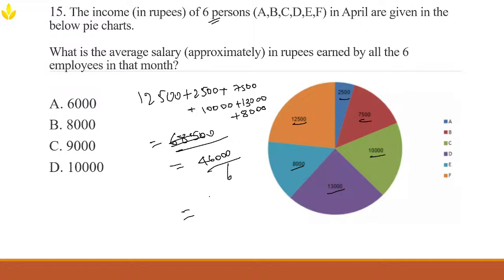So the values, the income here is given as 12,500 for A. So the 6 people it is given. So from 12,500 plus 2,500 plus 7,500